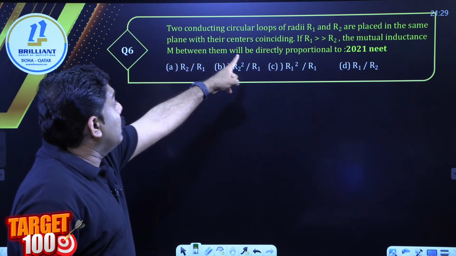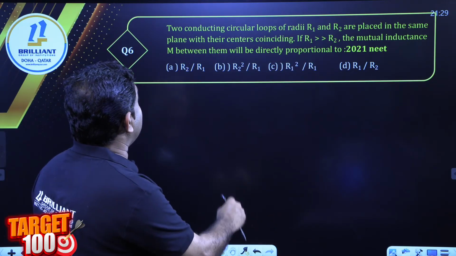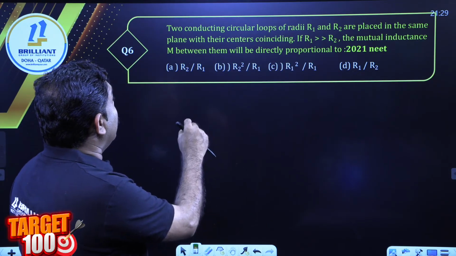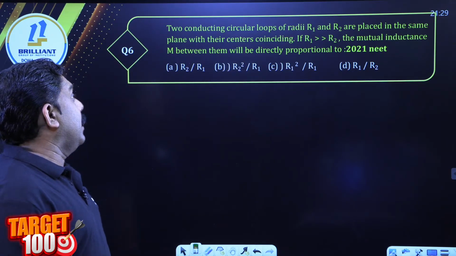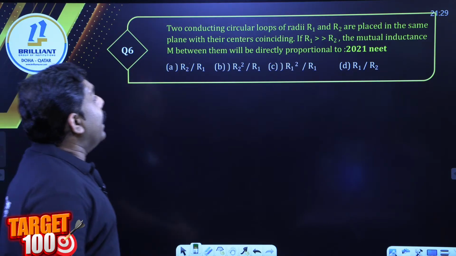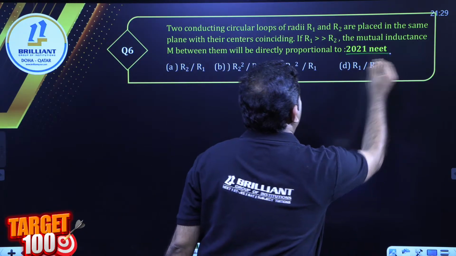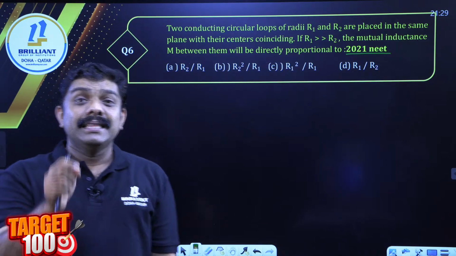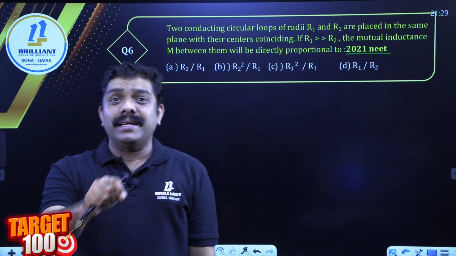Two conducting circular loops of radii R1 and R2 are placed in the same plane with their centers coinciding. R1 is greater than R2. What will the mutual inductance between them be directly proportional to? This is a 2021 NEET question, but see, this question is solved in the textbook,